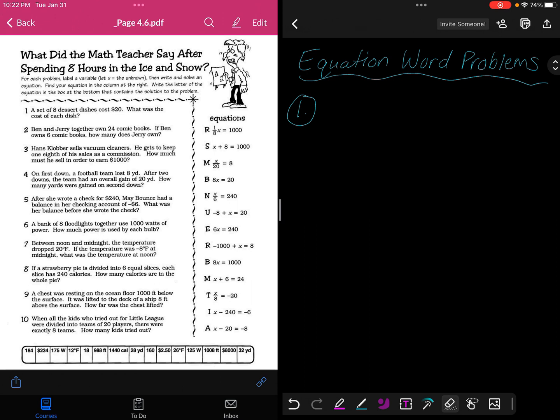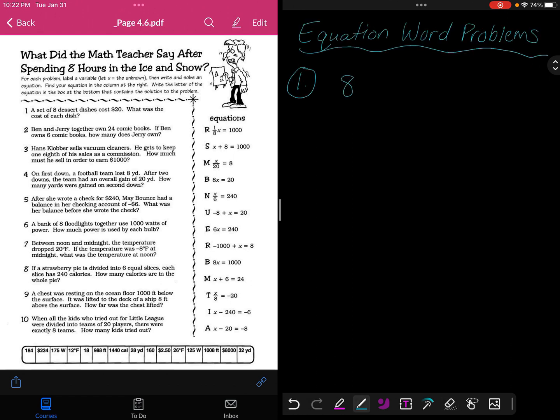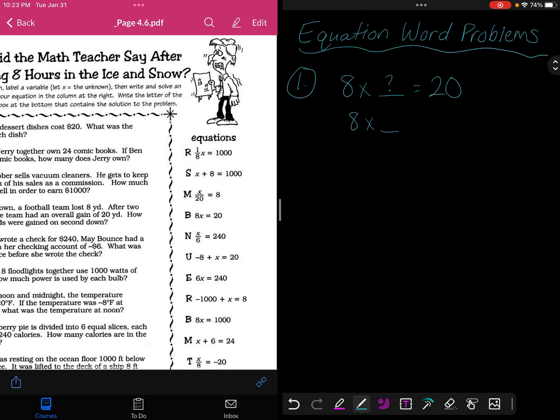So for number 1, it says a set of 8 dessert dishes cost $20. What was the cost of each dish? All right, so we know that there's 8 dishes and they equal $20, but I don't know the cost of each one. But I do know each means we're trying to figure out the price of 8 of those. So when we don't know what that is, we put the variable. So now we have 8 times x